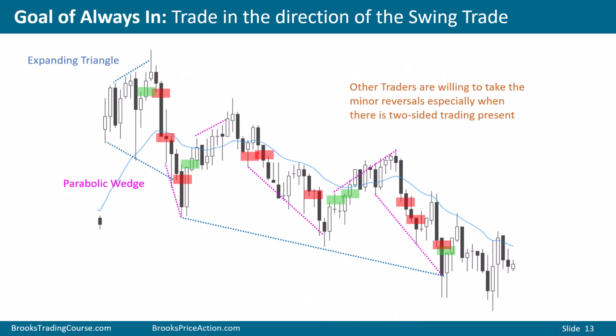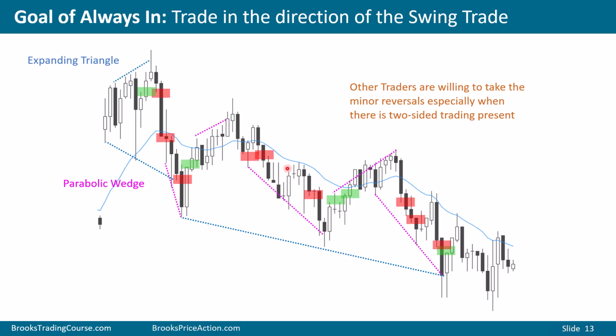Other traders, they are more frequent than that. Bulls buy, betting on a double bottom and a possible upside breakout, but it's an expanding triangle. So they get out below this bar. Bears sell, they sell more lower. But then we get a bull bar closing on its high, failed breakout of the wedge bottom or the expanding triangle. Bulls buy, and then what do they do? They probably get out below consecutive bear bars, or they get out on the second leg down below here or here. Bears, they can start selling.